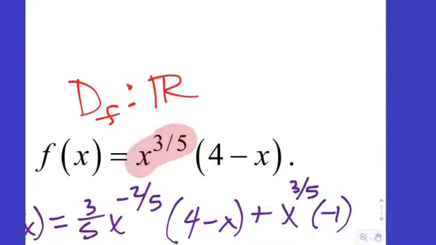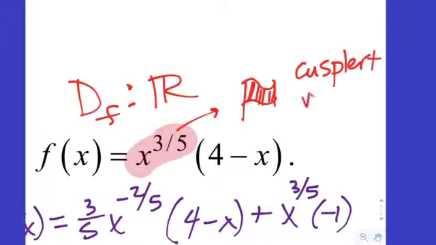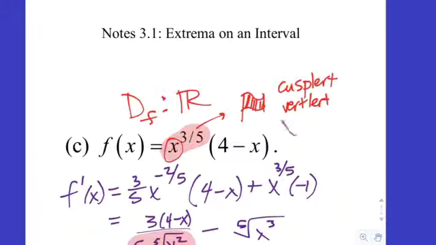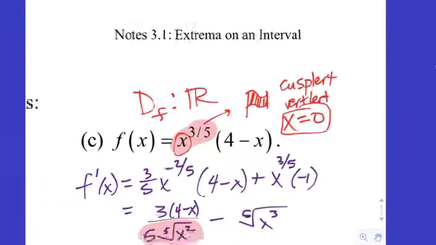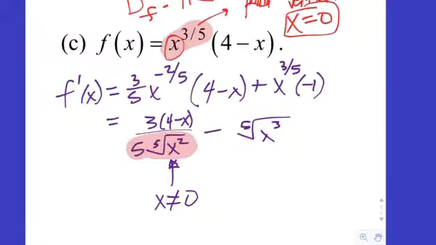So is it a critical value? Yes. So here's what you should look out for in the future. If you have a fractional exponent less than 1, you're going to be on the lookout for a cusp, so cusp alert, or a vertical tangent alert, vert alert. And in fact, you can figure out where it's going to be. It's going to be at the root of the base. What value when you plug it in for x gives you a 0? 0, right? If that were like the quantity x minus 1 to the 3/5, then it would be at x equals 1. So you should, before you even start, realize that there's going to be a vertical tangent at 0. Now, in order to figure out if there's another place, we'll have to get a common denominator and get a single